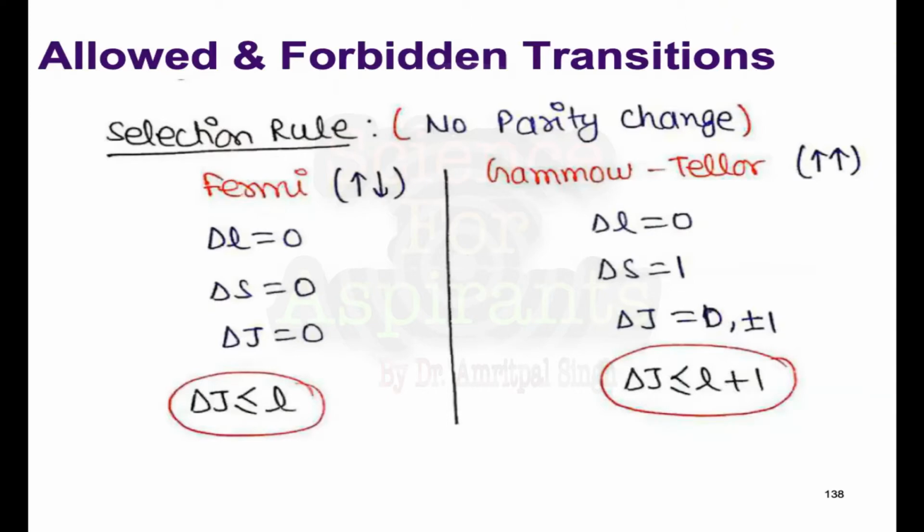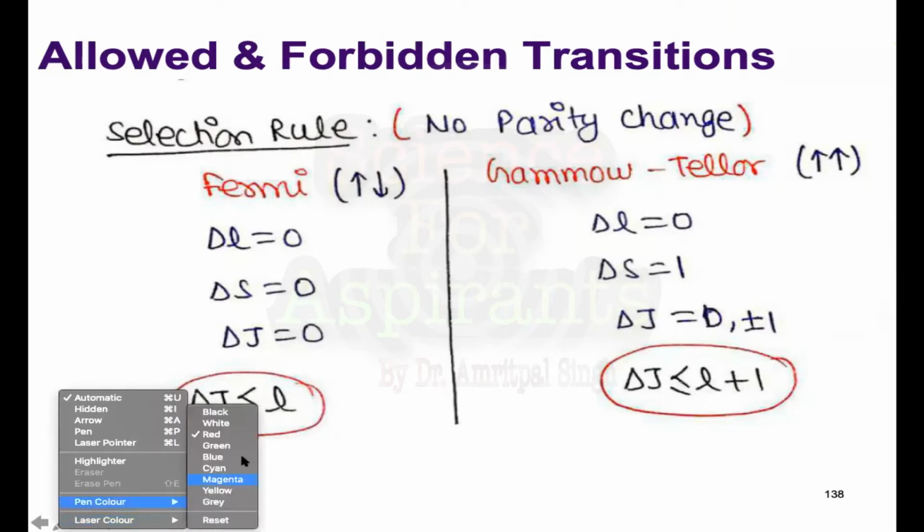In beta transitions, we generally know that the beta decay lifetimes fall into two categories. According to the transitions, they are broadly divided into allowed and forbidden transitions. The transitions are governed by some selection rules, which come from the Fermi theory of beta decay. In these selection rules, we generally find the total angular momentum or the spin of the nucleons, that is the sum of orbital and spin angular momentum.